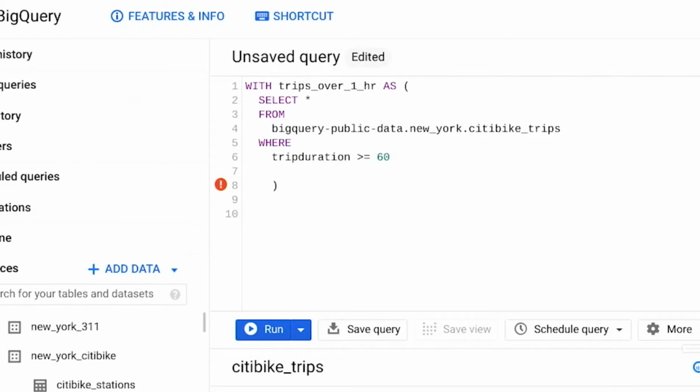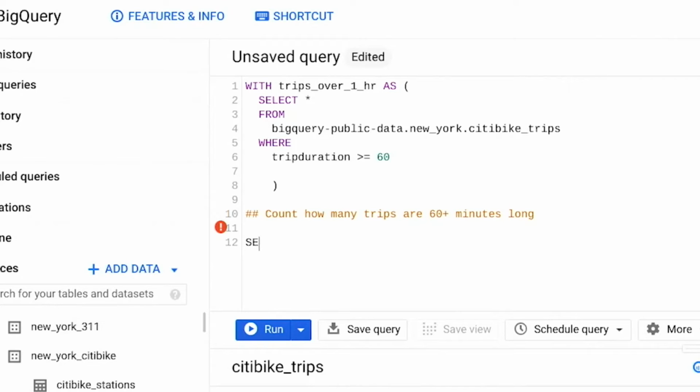Let's try one. Since we're working in our version of a temp table, we don't need to open a new query. Instead, we'll label our queries before we add our code to describe what we're doing. For this query, we'll type 2 hashtags. This tells the server that this is a description and not part of the code. Next, we'll add the query description: Count how many trips are 60 plus minutes long.